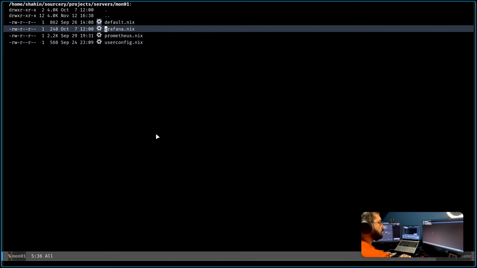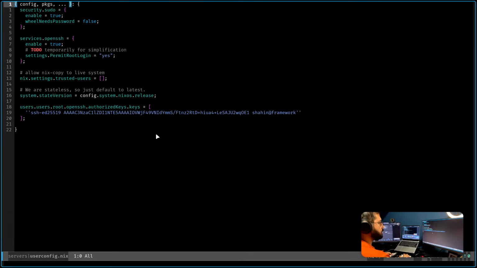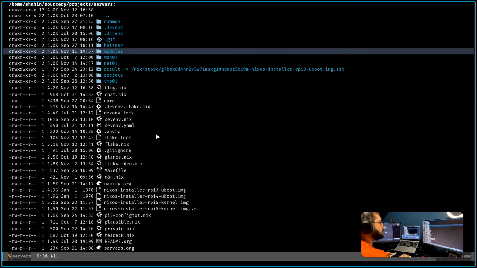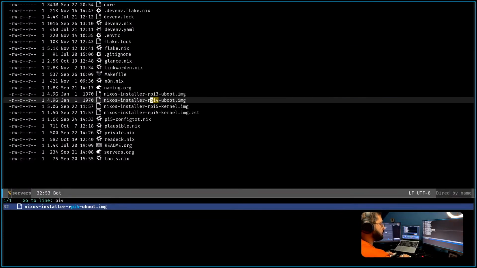What else do I have here? User config. The majority of it we have moved already. So now the other one is hardware, Pi 4.